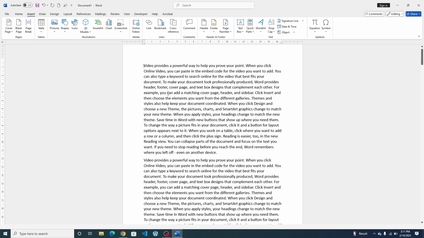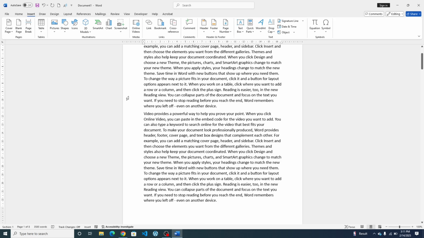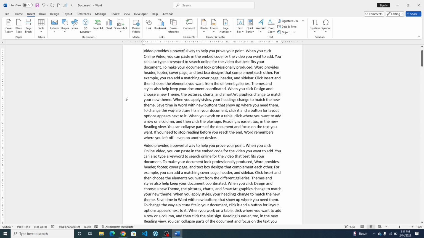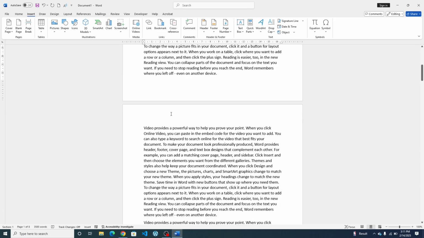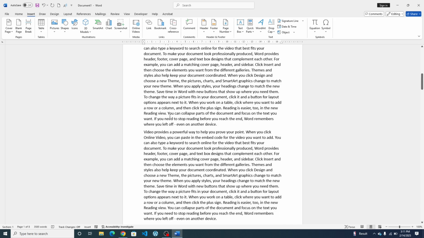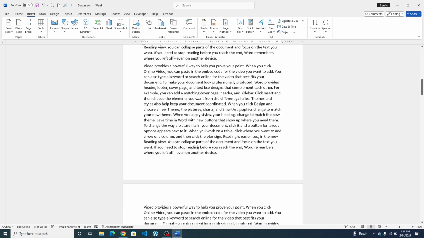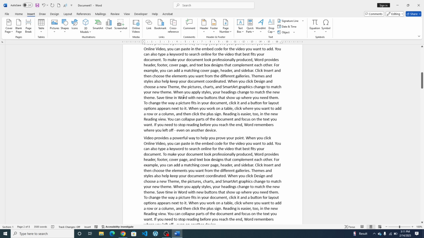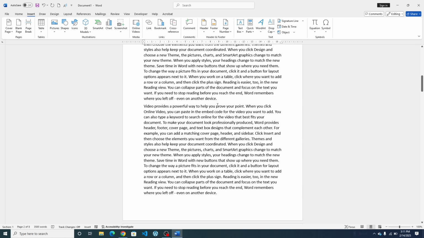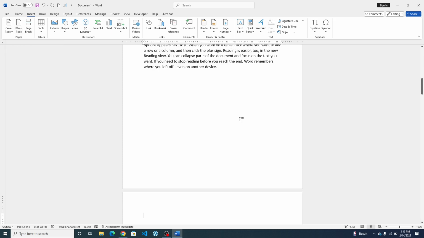Next is the blank page. A blank page is useful when you are working on a document and you want to come back to it and add something later, or add some part to it later. For example, if I wanted to add pictures to a page after this one, and the pictures are not ready, what I can do is come back later. If the pictures are ready, I place the cursor where I want to insert the pictures, then go to Blank Page and click on it,